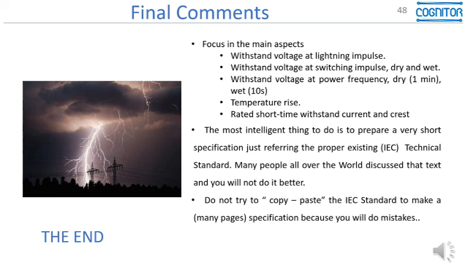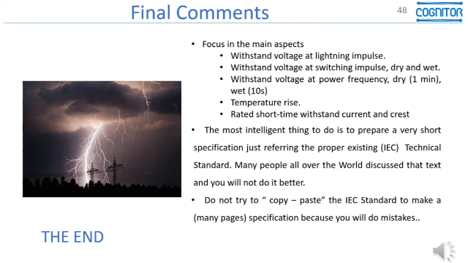Certainly national committees will not improve one IEC standard. And when you go to insert a big text, deducting things from the IEC standard, you do something different from that, you are, of course, subject to errors, like the example that I showed you at the beginning of this presentation.